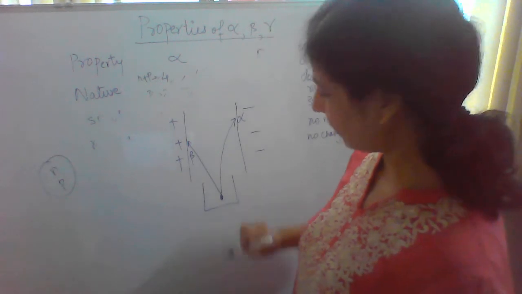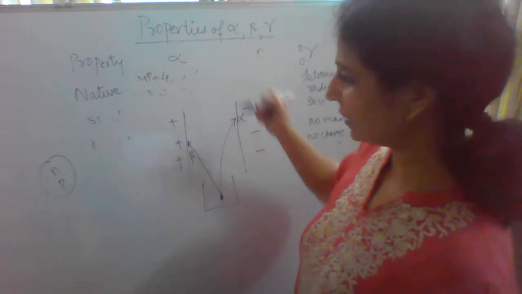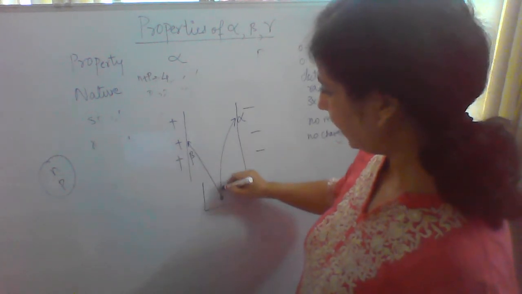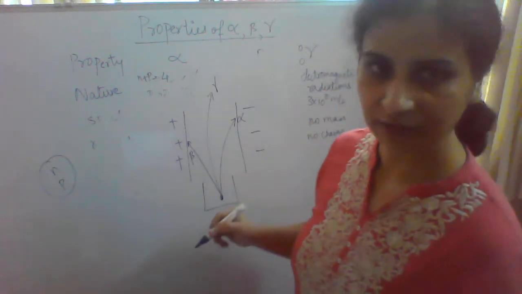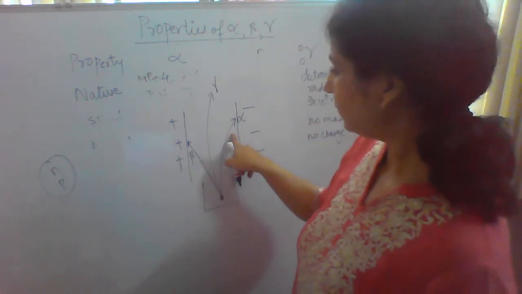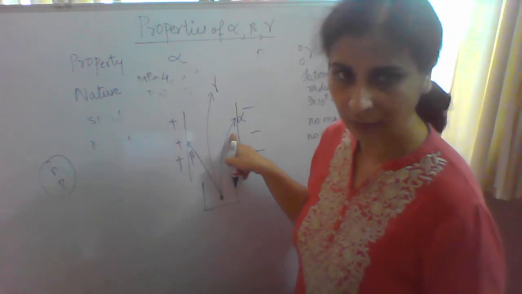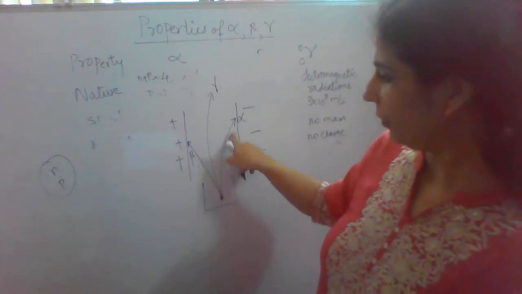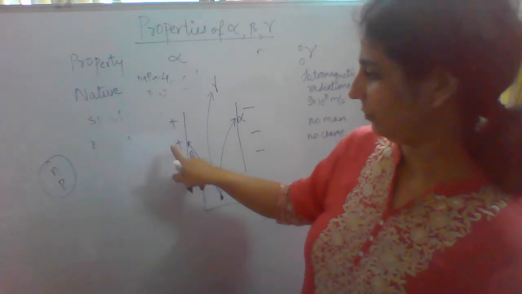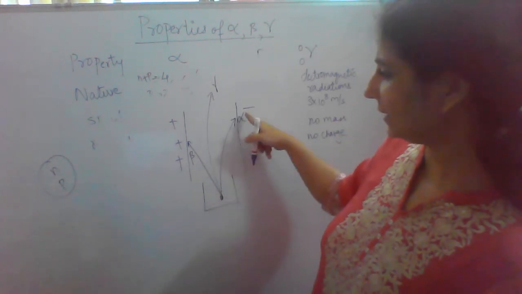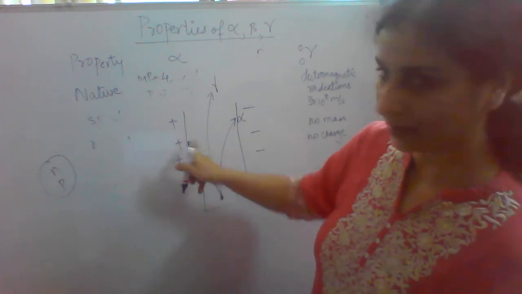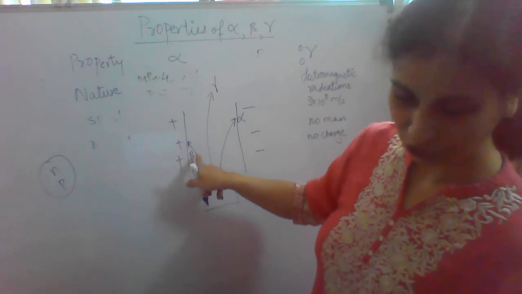If I have gamma in this sample and make it pass through the positive and negative plates, it will go straight. It is energy, so it will not get affected by either plate. Alpha gets affected by the negative plate, and beta, because it is negative in nature, gets affected by the positive plate. But alpha is heavy, so it takes time to come down. Beta is lighter, so it comes down faster and the arc is comparatively shorter.